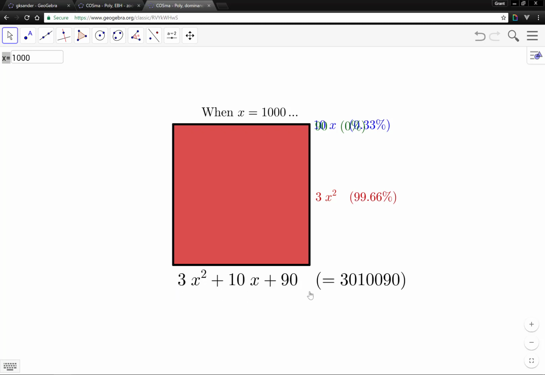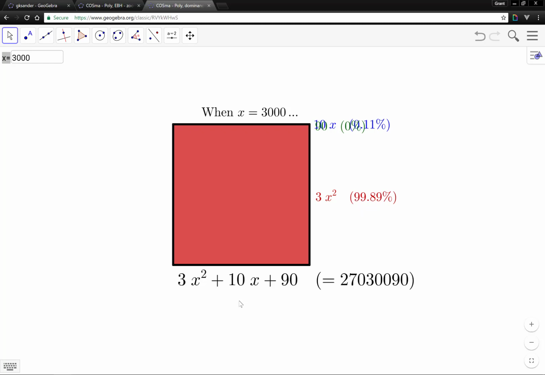Now the polynomial expression is pretty large, and the 3x squared makes up almost all of that. So if we increase x to maybe say 3,000, now 3x squared plus 10x plus 90 is really big, and the 3x squared part now makes up even more of that. The 3x squared part is making up closer and closer to 100% of the total value of